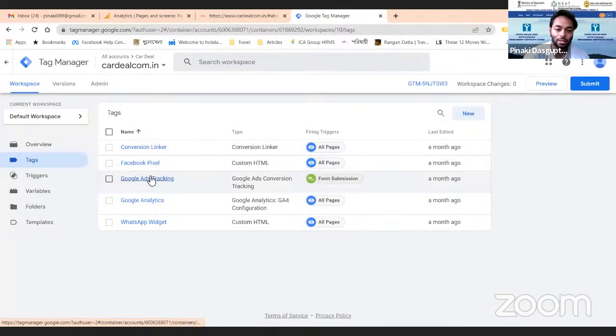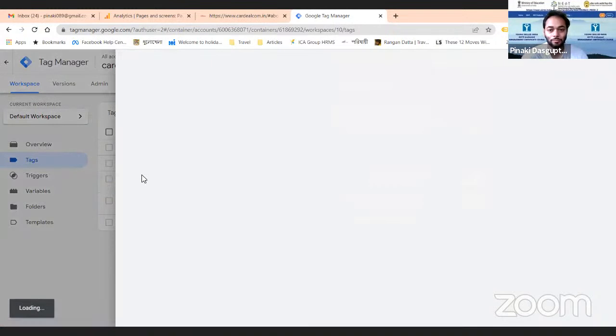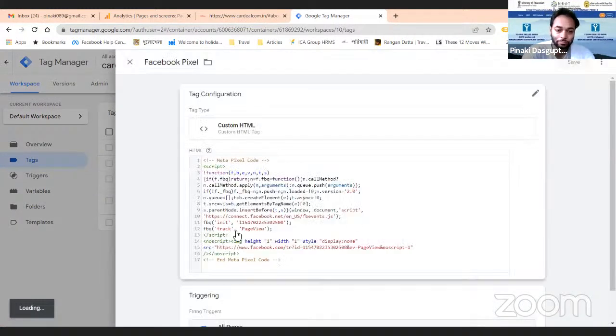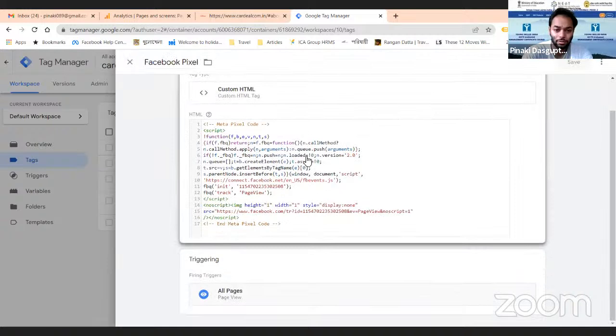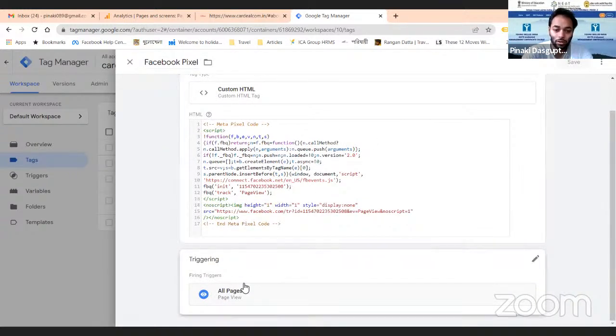Now I am opening any of the tags, say Facebook pixel. So this is the tag. This particular code is the tag. This is the trigger. Now, what is a trigger? It is a kind of condition or situation. So here the trigger is all pages. What does that mean? That means